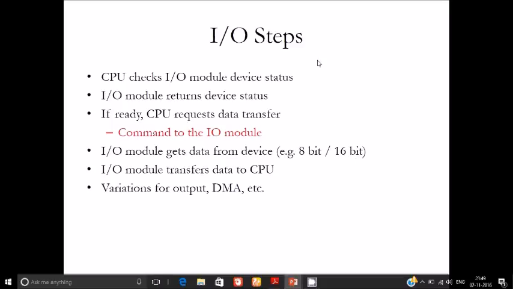The input output program follows these steps. The CPU checks the module device status, like whether it is connected or not, and the device status is returned to the CPU. If everything is fine, then the CPU requests the data transfer.